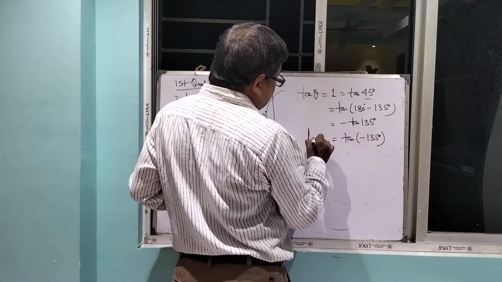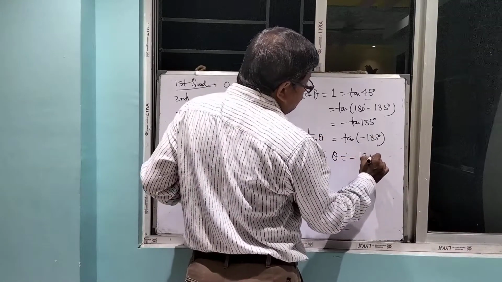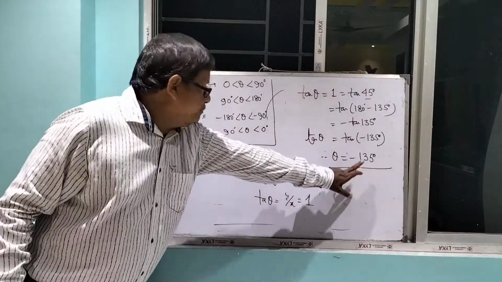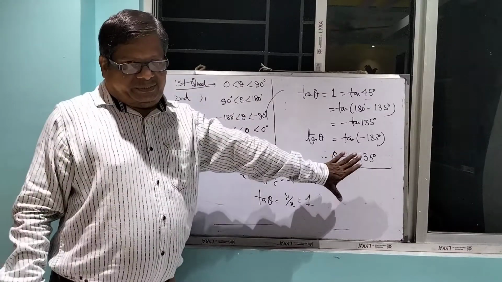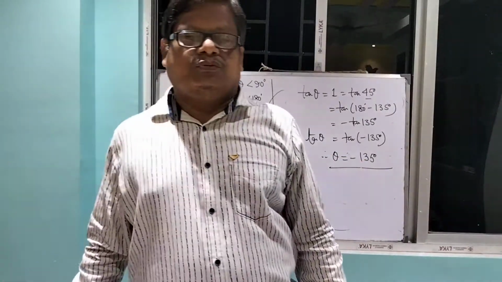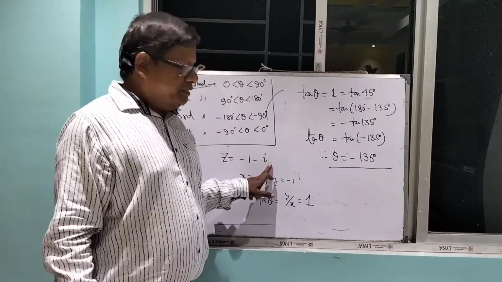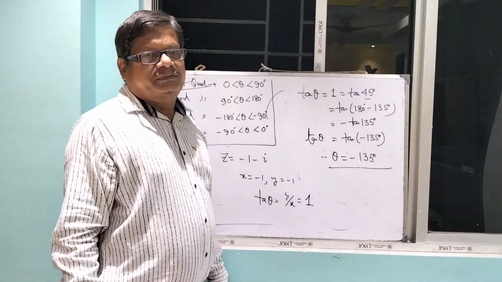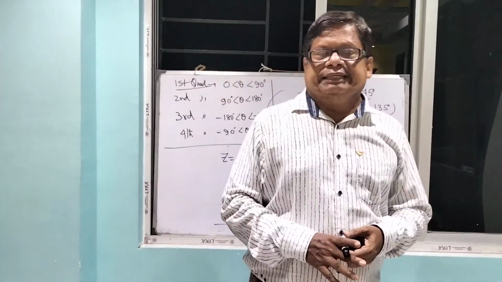Then theta equals minus 135 degree. Look here, it lies in the third quadrant range. So the argument or amplitude of z, that is minus 1 minus i, will be minus 135 degree. Okay, my dear students. Again, next I will discuss